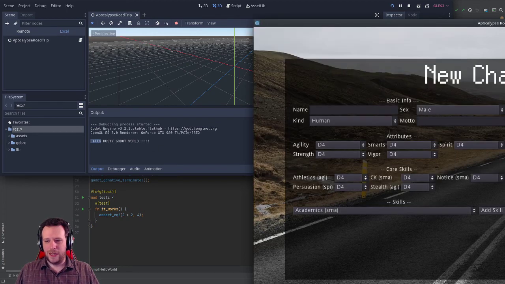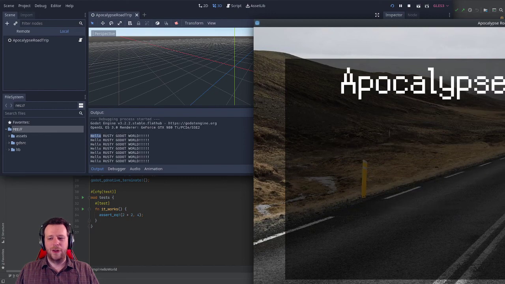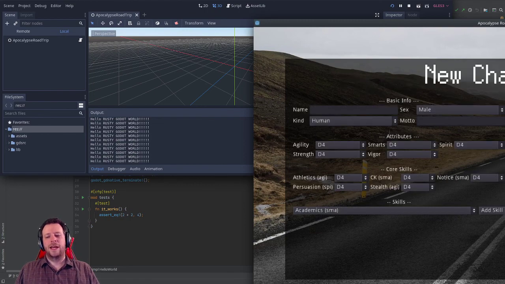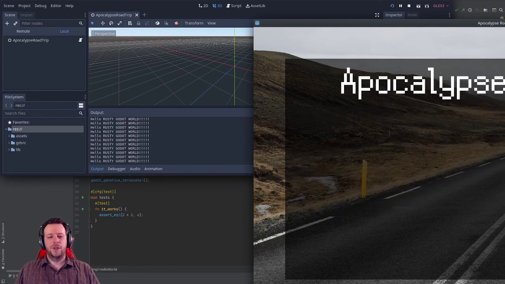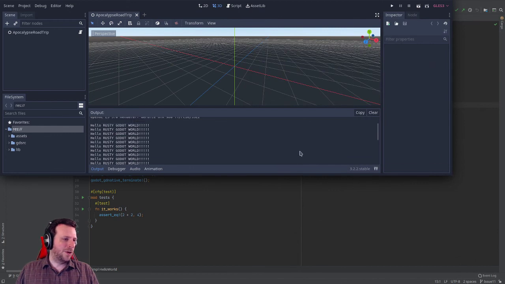Alright, and what's cool is that hello rusty Godot world is called every time we come back into this apocalypse road trip, because that is our title screen, right? And every time we go into the title screen, we new up a hello world node, which has the hello world native script class associated with it, which is configured to use our Rust class of hello world. Right, and the super secret magic sauce to making it all work,